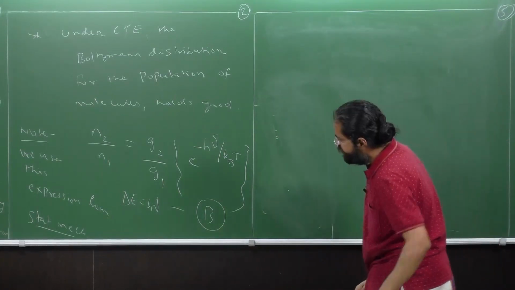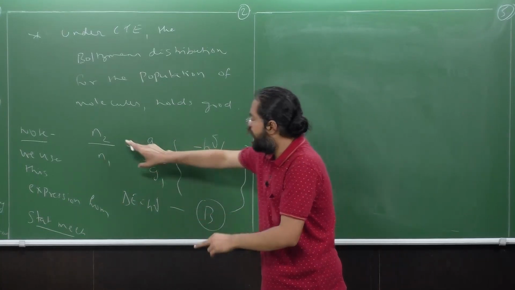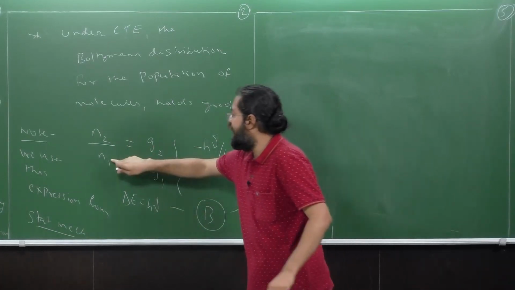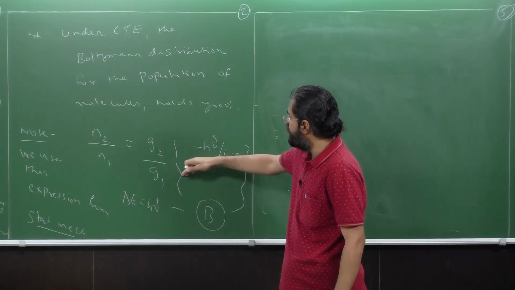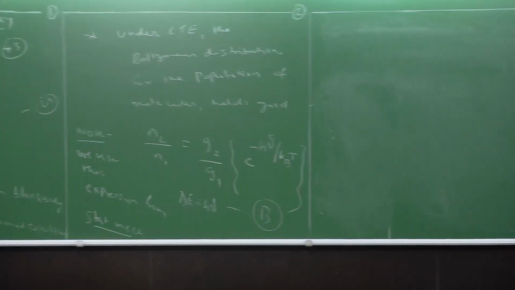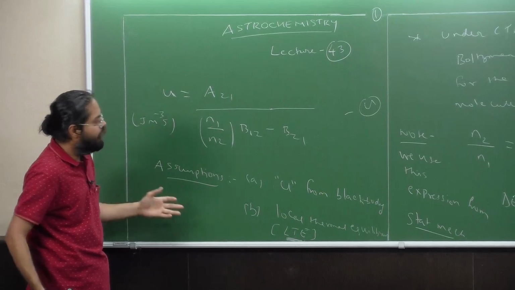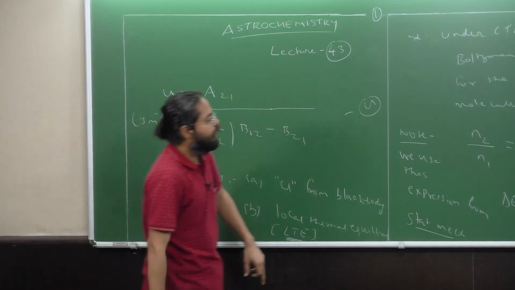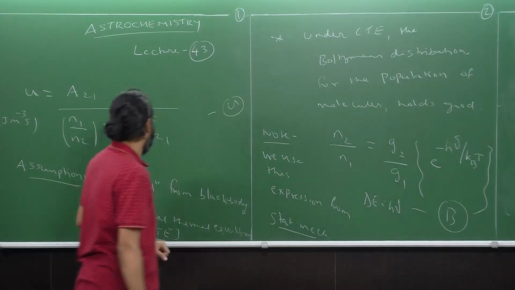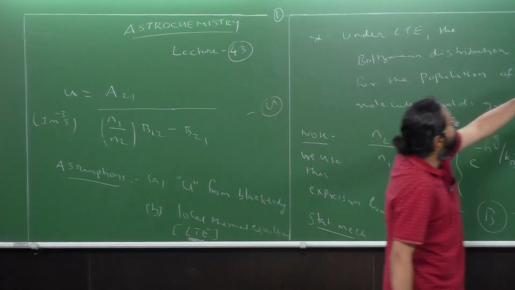Now what I'm going to do is substitute this value. I have something like N2 by N1, so I can invert it. That is, I can take the reciprocal and get N1 by N2 also. That is just going to be the reciprocal of this thing on the RHS. And I'm going to use it in this expression U right here. For a long time, this part of the board was unattended to, but now it's time to use expression B to get N1 by N2 in equation U. All right. Once I do this, I'll go to the other part of the board, which is page 5 now,